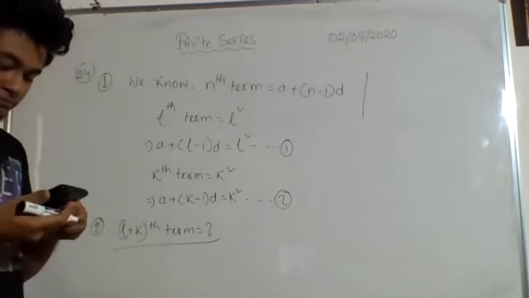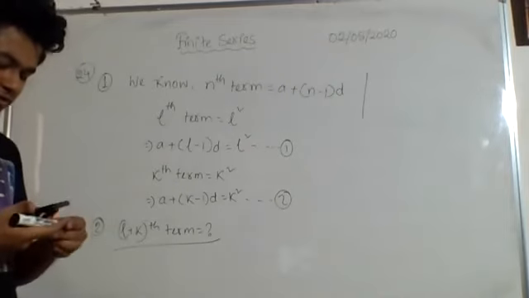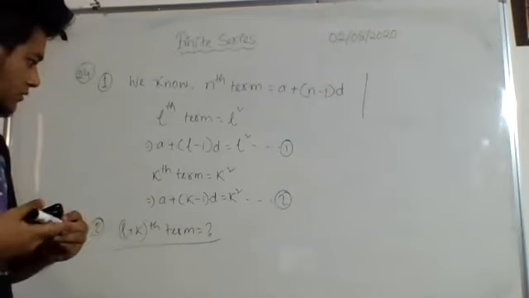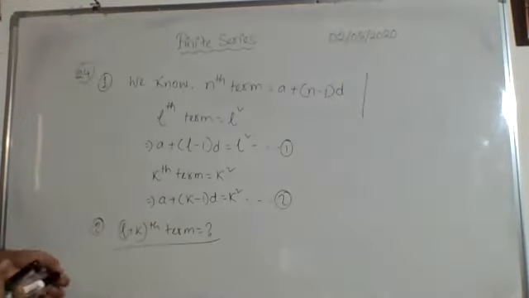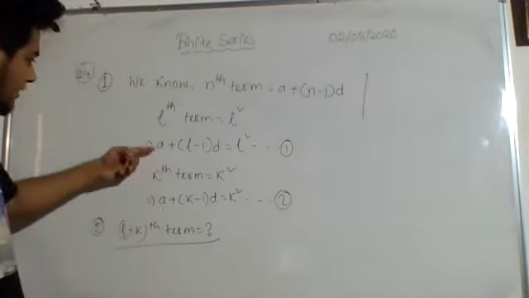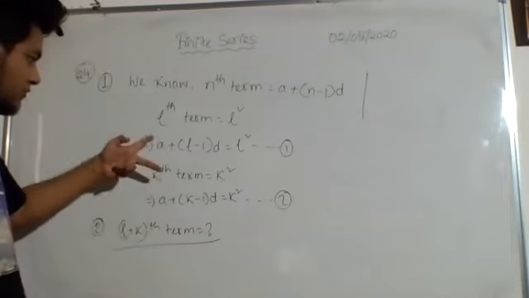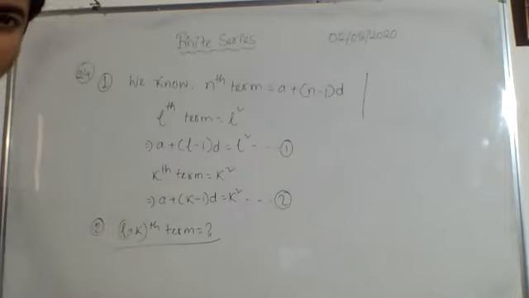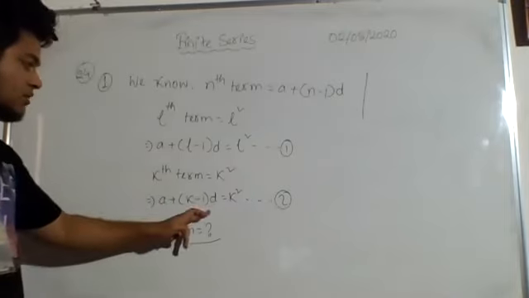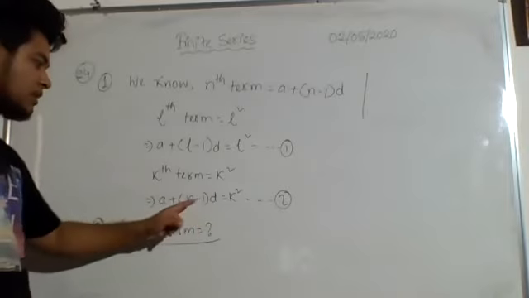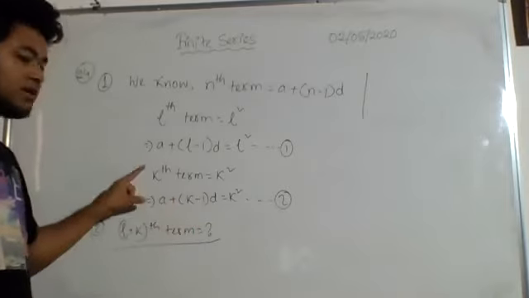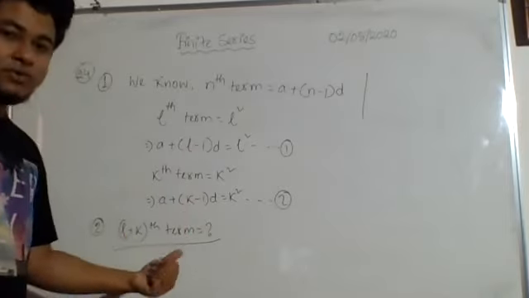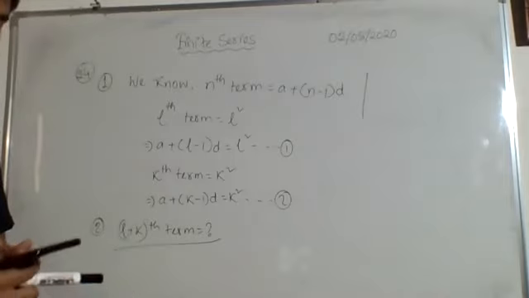Then I want you to try number 3 also. Please try to solve it. Now let me give you a little hint on how you can find the values of a and d from here. You can see here is a plus, here is also a plus. If you subtract one equation from the other, a and a will get cancelled. As a result, you will be able to find the value of d. Then if you put back the value of d in either of the two equations, you can find the value of a. So with a and d, you can put the values in the l plus kth term and find the answer.